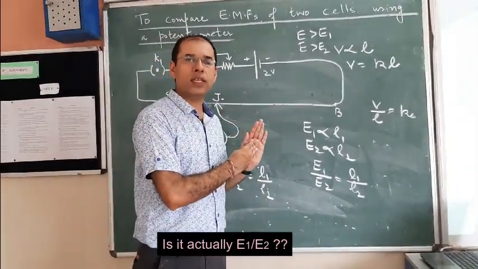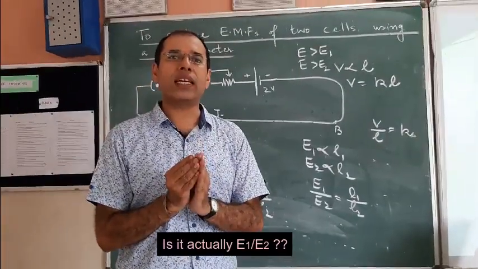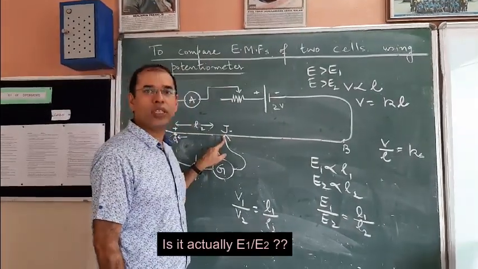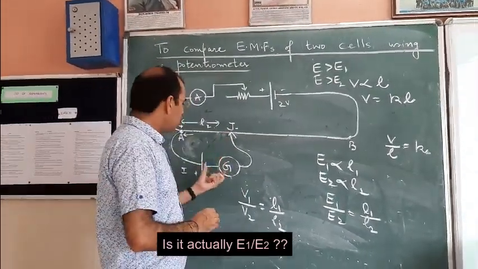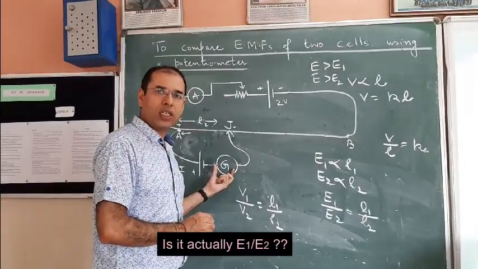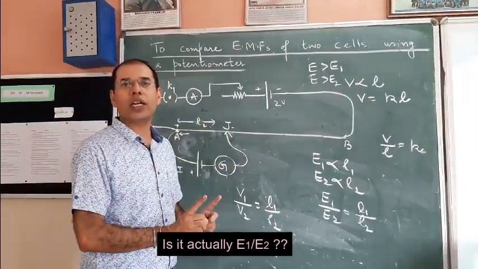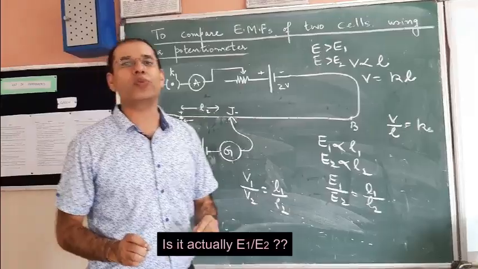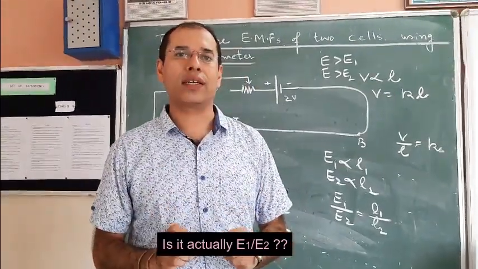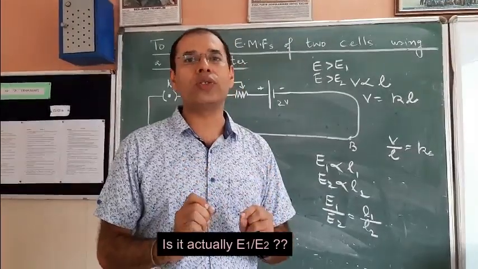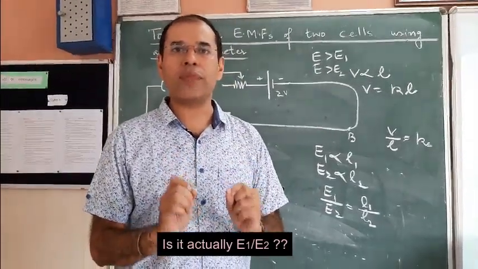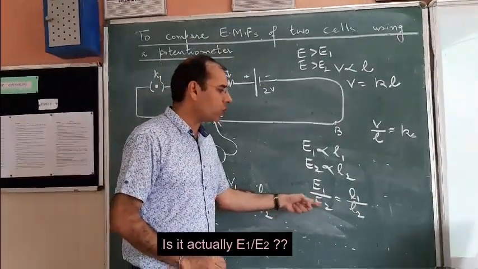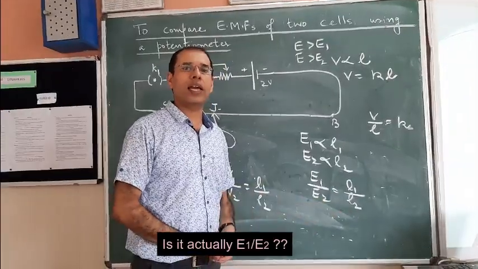Let's understand this. When the circuit is broken, the cell is not sending any current. In our circuit, when we have found the null point, at that moment, the galvanometer is showing null deflection, no current is flowing. And when no current is flowing, even if the circuit is continuous, it is not broken, it has to be regarded as an open circuit. And when you regard it as an open circuit, we can use the term E1 by E2. The EMF term can be used. So that is why we are correct when we say E1 by E2 is equal to L1 by L2.